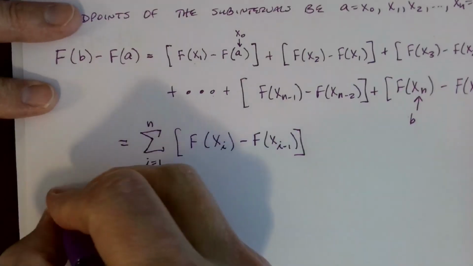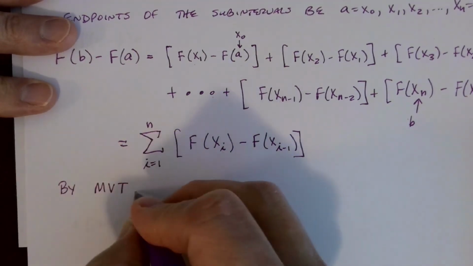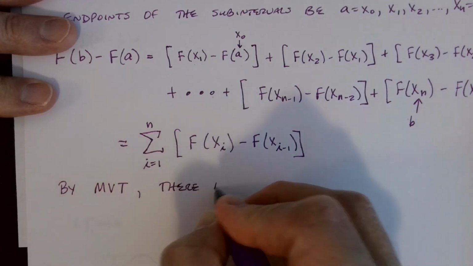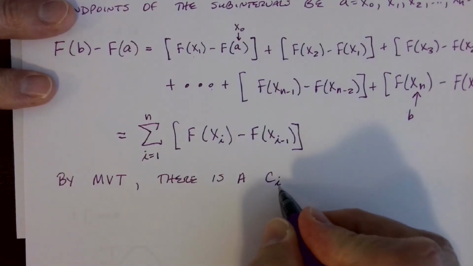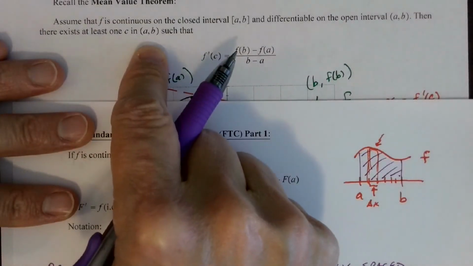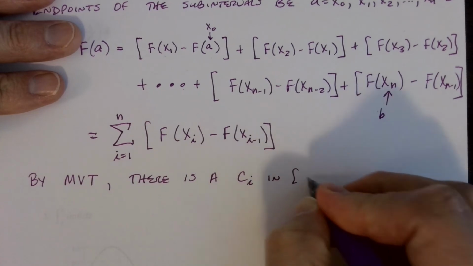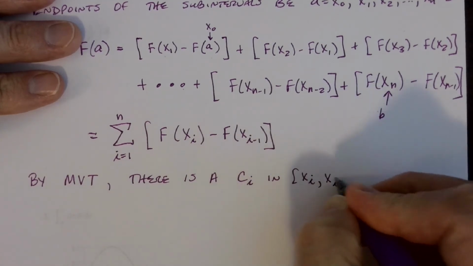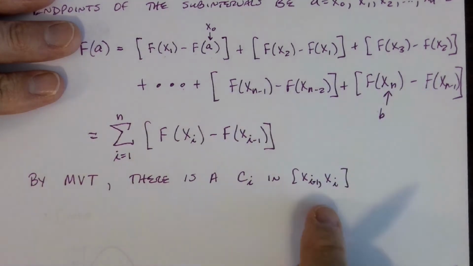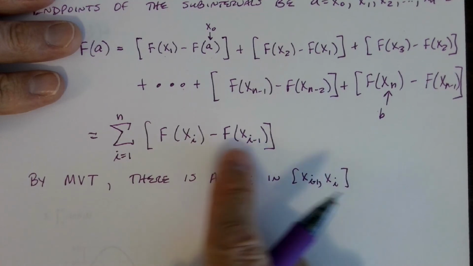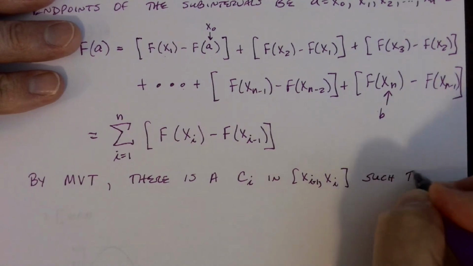By the mean value theorem, there is a point, and I'm going to call it C sub i because for each subinterval there's a C. The C that exists in the interval is going to be different possibly for each subinterval. In the ith subinterval, which would go from x sub i minus 1 to x sub i, right and left endpoints there, such that